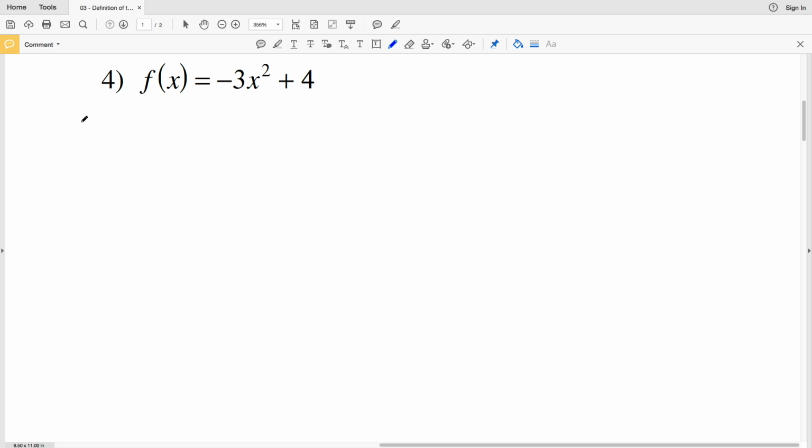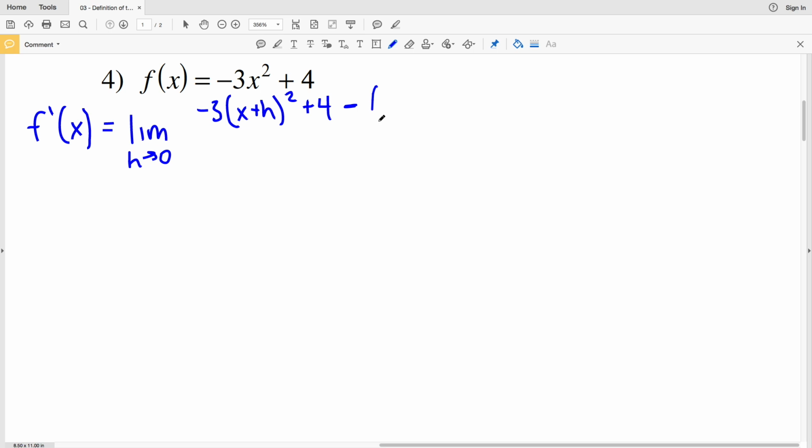In number 4, I'm using function notation. So the derivative of f of x is going to be the limit as h approaches 0 of negative 3 times x plus h squared plus 4, so this was f of x plus h, minus f of x, which is negative 3x squared plus 4, and then that's all over h. Now right away you can see that 4 is going to cancel out with 4